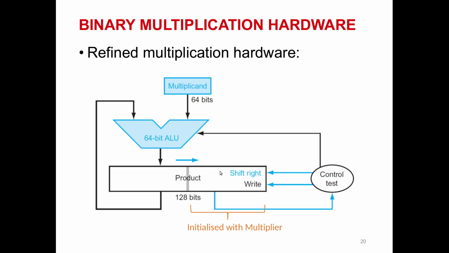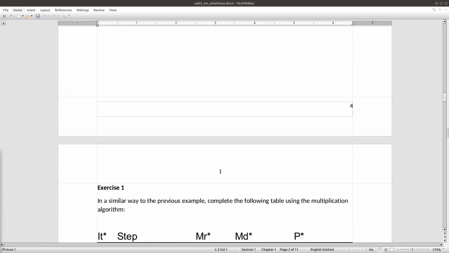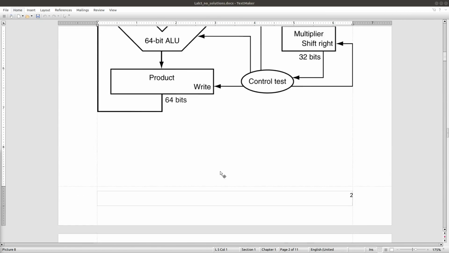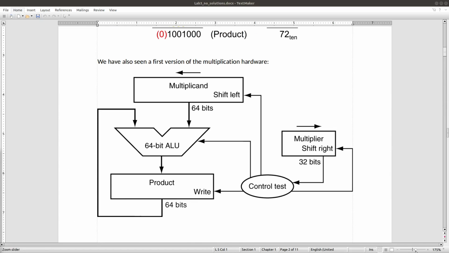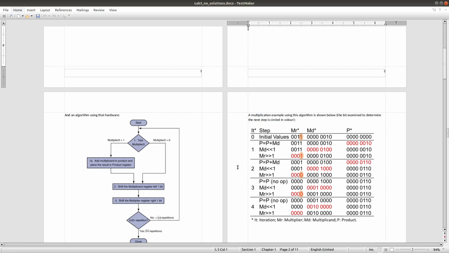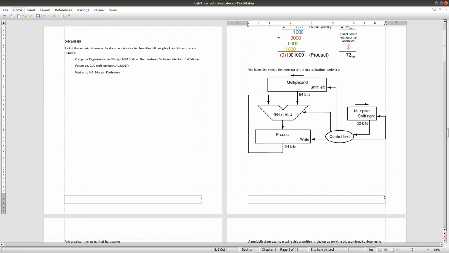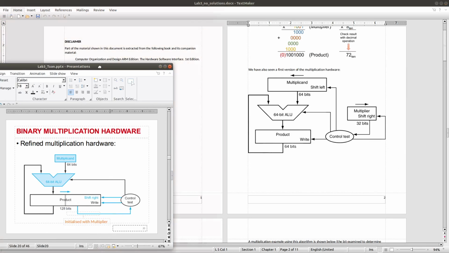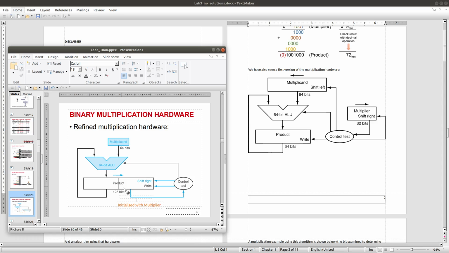Well, if we make a comparison with our previous version of multiplier here, you can see that in order to do 64 bits multiplication, we need only 64 bits for multiplicand and 128 bits for the product and the multiplier.